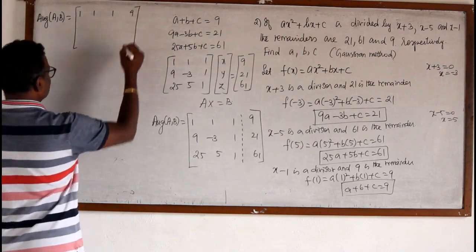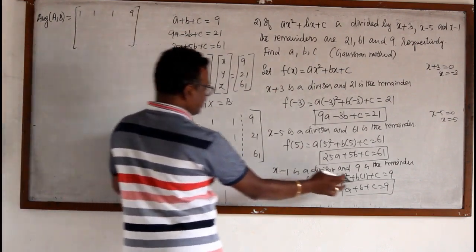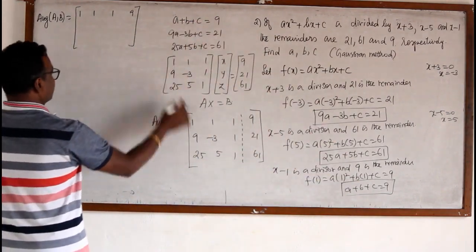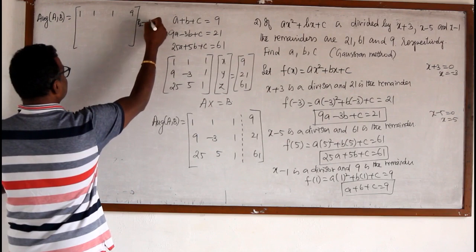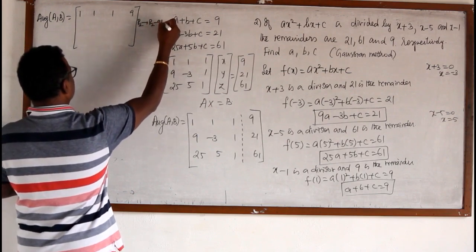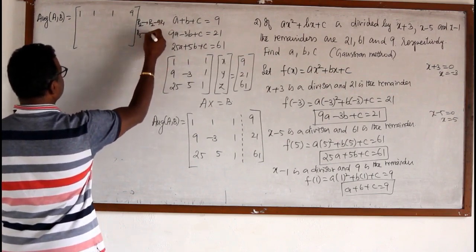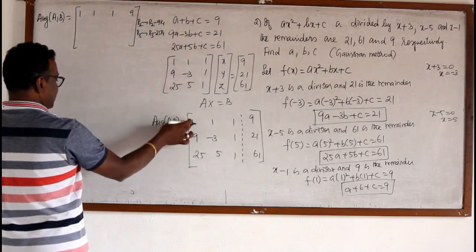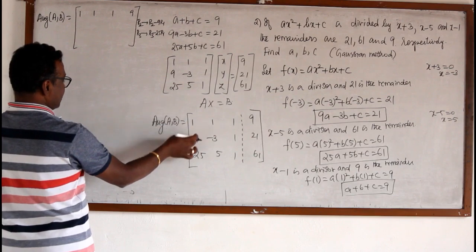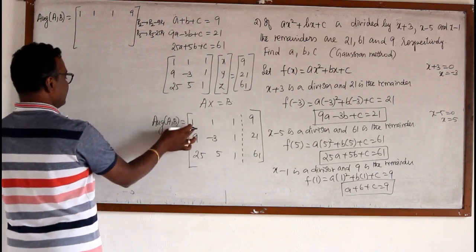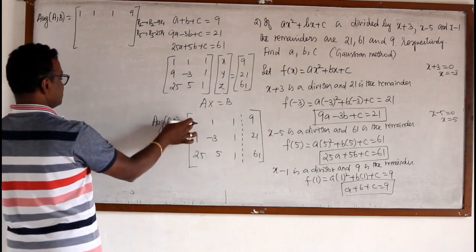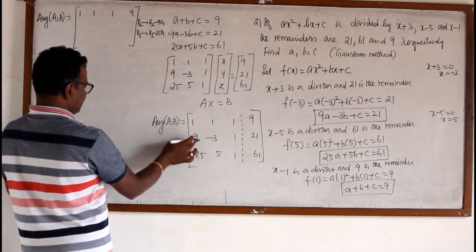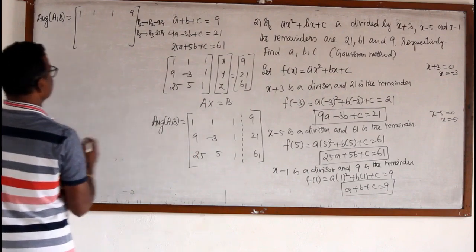So to get the first row first element to be 1, I took this equation to be our first equation. So that R2 can be written as R2 minus 9R1. Similarly, R3 can be written as R3 minus 25R1. If I multiply this one by 9, 9 minus 9 will become 0. Similarly, if I multiply by 25, 25 minus 25 will become 0. Because our intention is the first two elements of row 2 and row 3 must become 0.